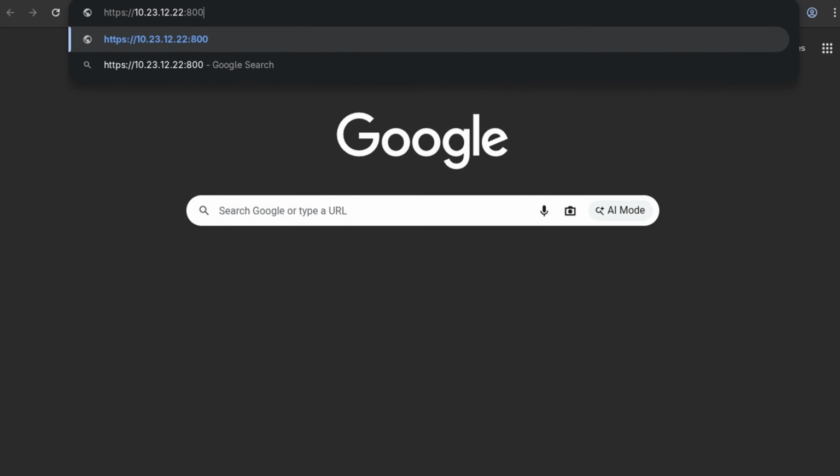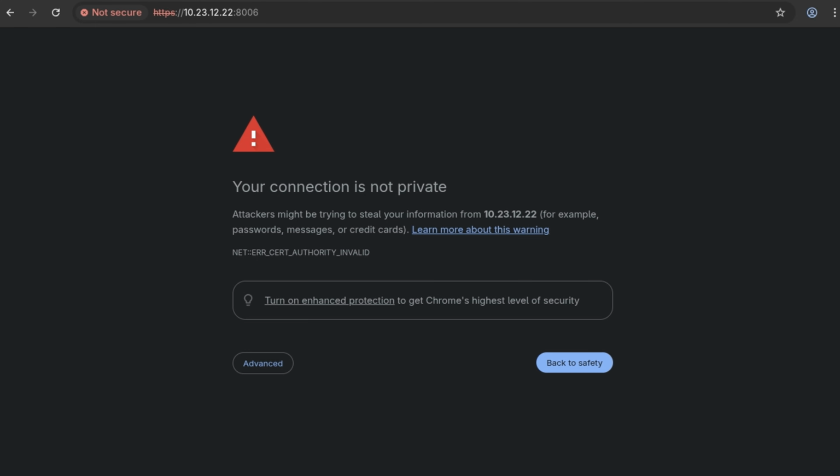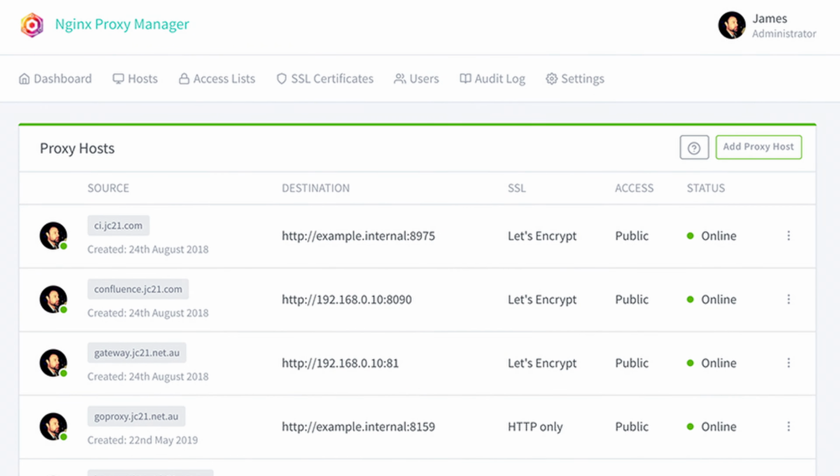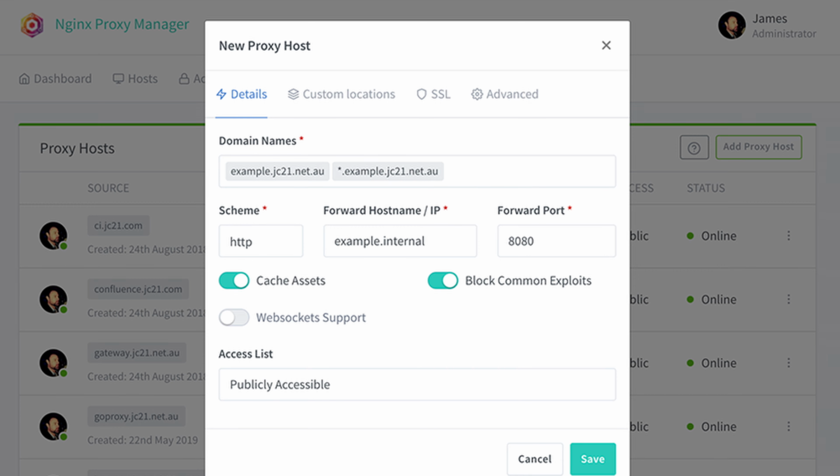Are you sick and tired of seeing this stupid ugly message every time you try to access one of your self-hosted apps? Well, it will soon be history. The answer is Reverse Proxy, and my favorite one by far is Nginx Proxy Manager. It gives you a beautiful simple web UI to manage all your services, and more importantly, with just a few clicks it gets you a free and valid SSL certificate from Let's Encrypt. And today we are deploying it very easily using Portainer.